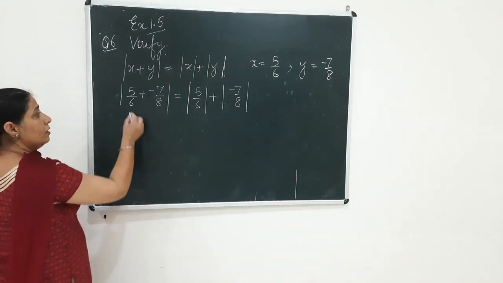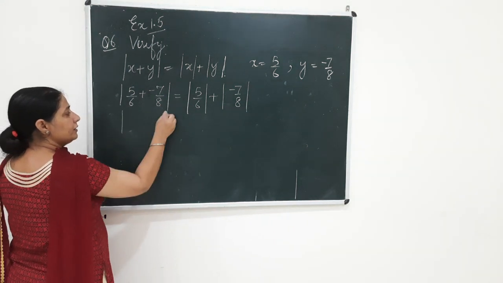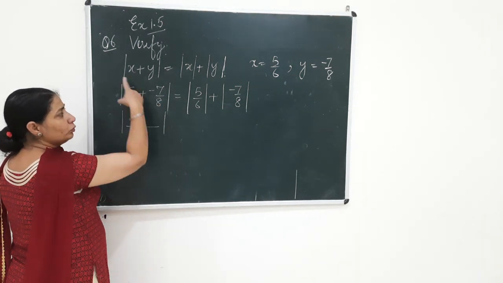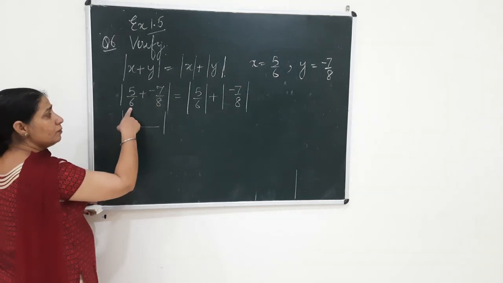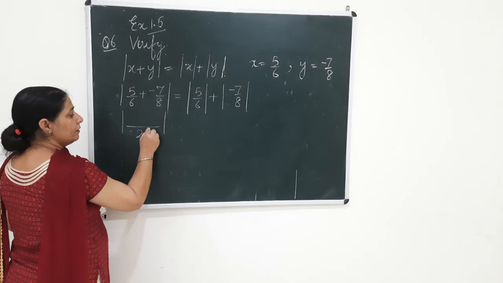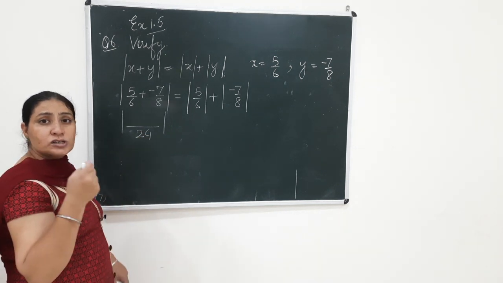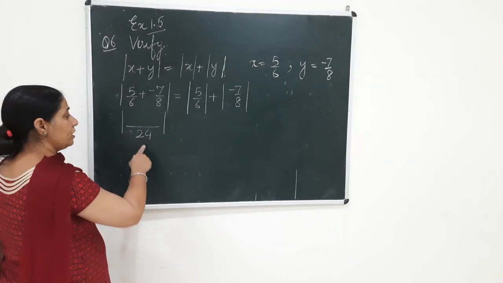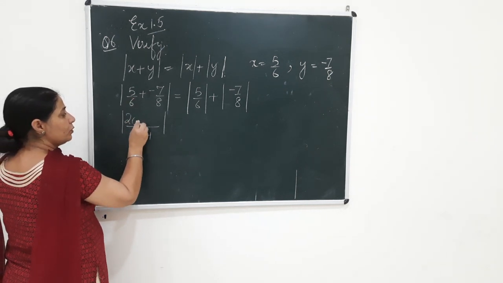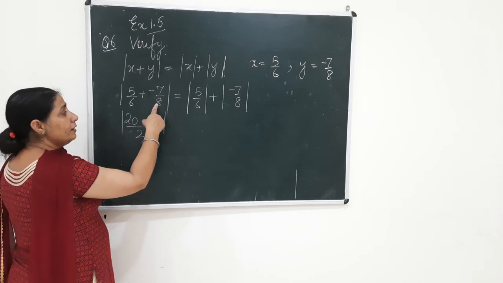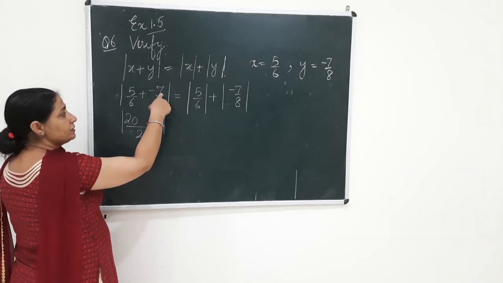Now see, what will you do? First of all, inside this, because they are both inside the same sign, you will take the LCM first of all. Now the LCM of 6 and 8, the first common multiple of these two numbers, is 24. On the table of 6, 6 4s are 24, 5 4s are 20. On the table of 8, 8 3s are 24, 3 7s are 21.